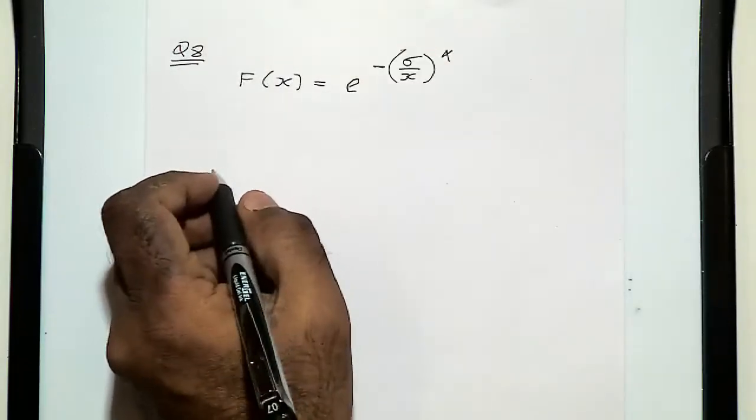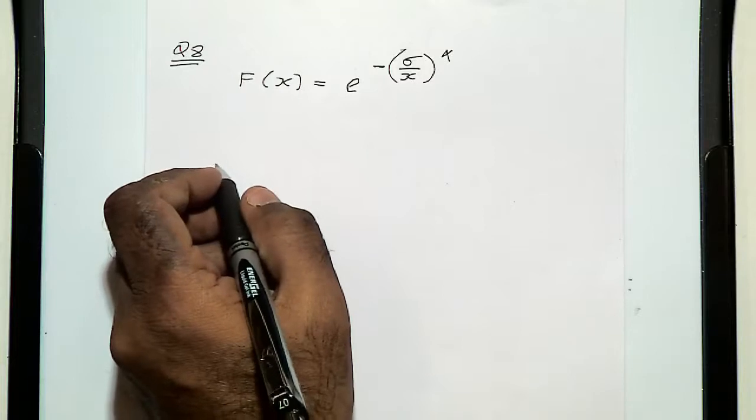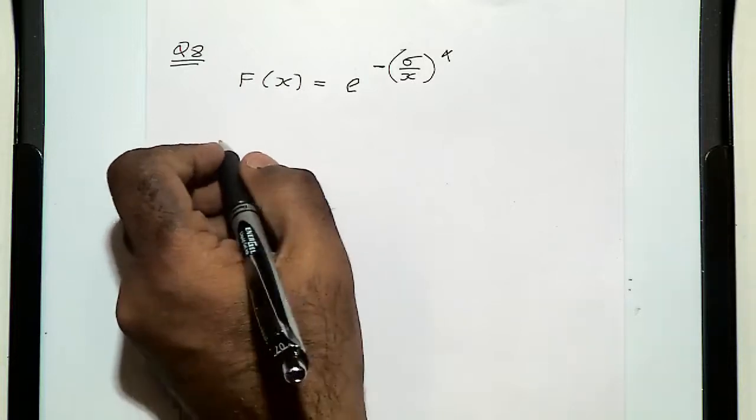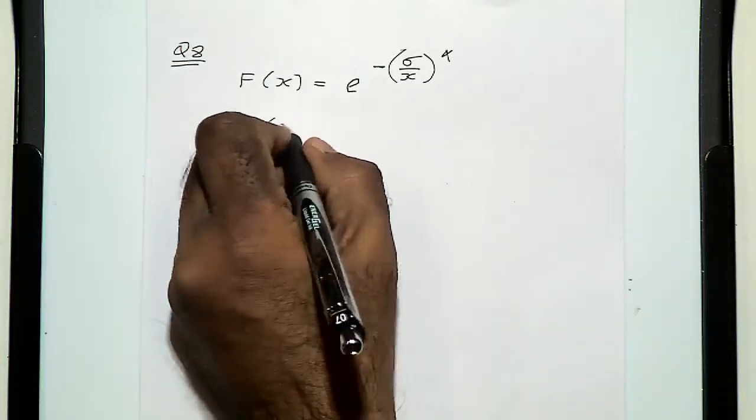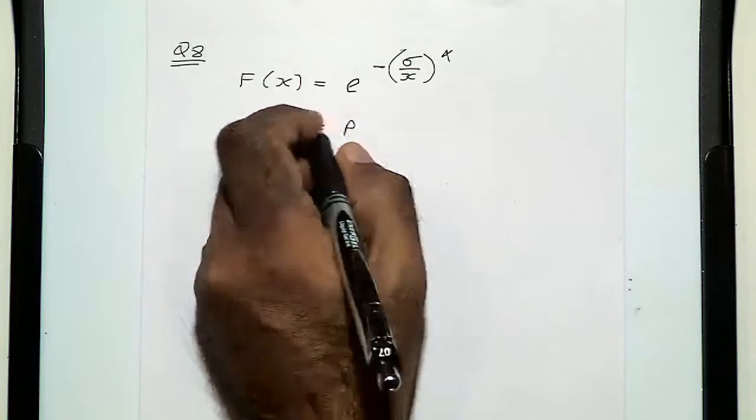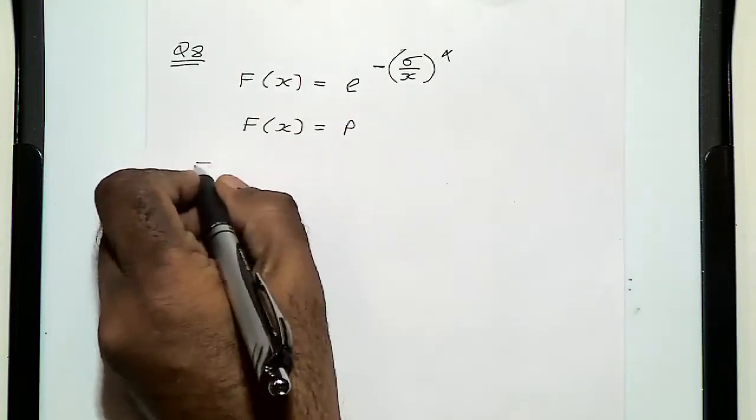This is the CDF given to you, right? So in order to find the VaR, you set this equal to p, which implies that